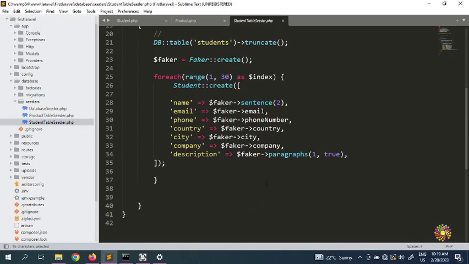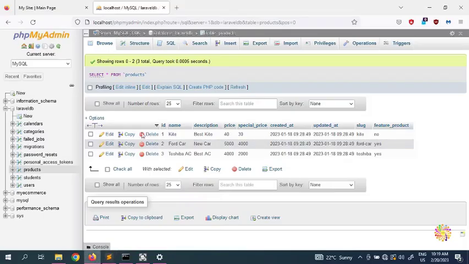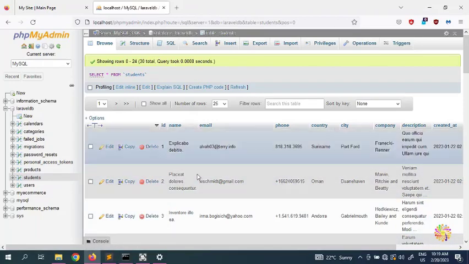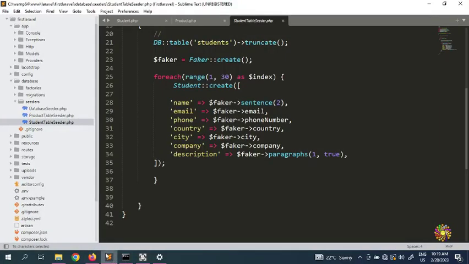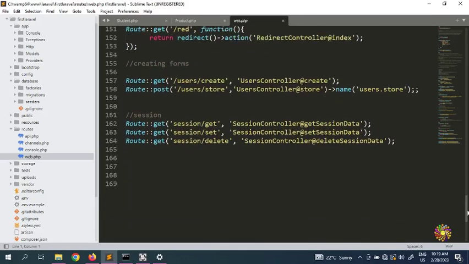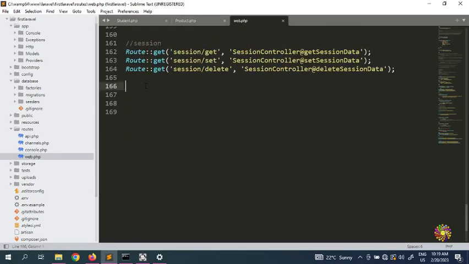All right, in this video, as I said, there are a lot of ways you can insert data into this table. One way was this factory and faker. So what is another way? Another way is raw SQL. How are we going to do raw SQL? You can do it from a route. You're going to ask me, is it possible that we can do it from our route? Yes, it's possible. So I'm going to put in raw SQL queries,